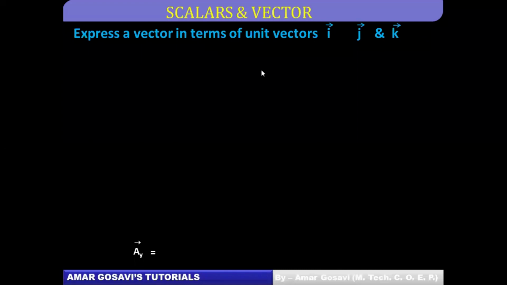Okay, friends, let's start with the session today. Today, specifically, we are going to see how the vector quantities are multiplied. When I'm talking about vectors, you want to correlate it to some physical quantities. You can correlate it to force because force is a vector quantity, velocity is a vector quantity, acceleration is a vector quantity, displacement is a vector quantity.